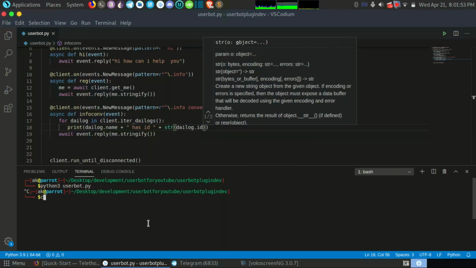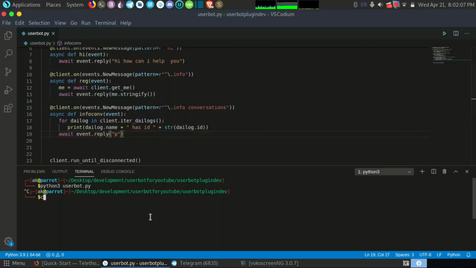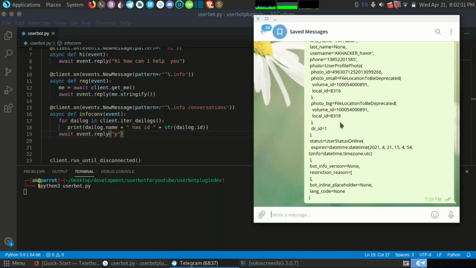So I will stop this and run this again, and it's an error. I will remove this and put here proceed, or put p only. I don't want to waste my time. So if I put dot info, or enter dot info conversation,